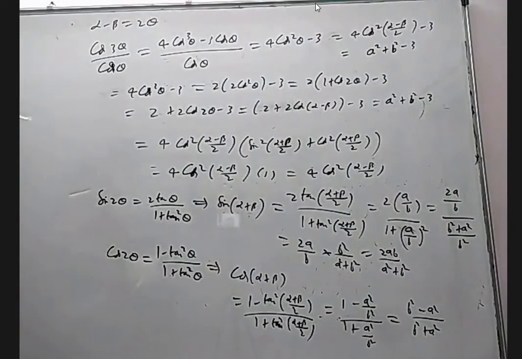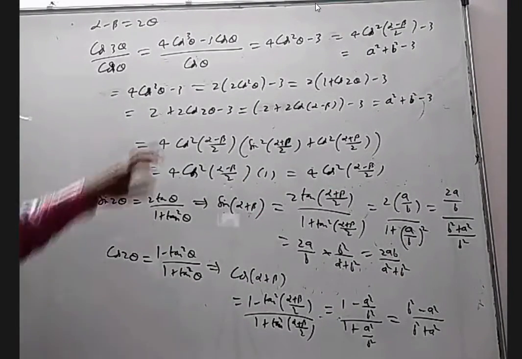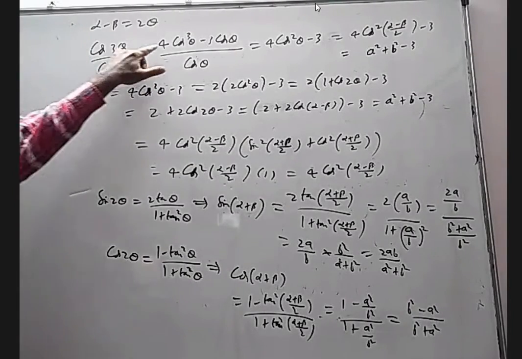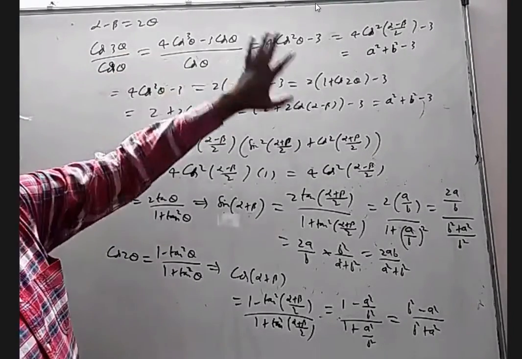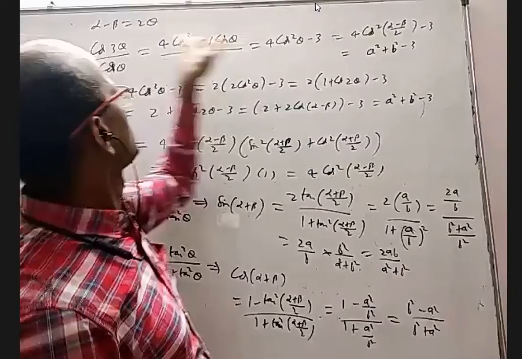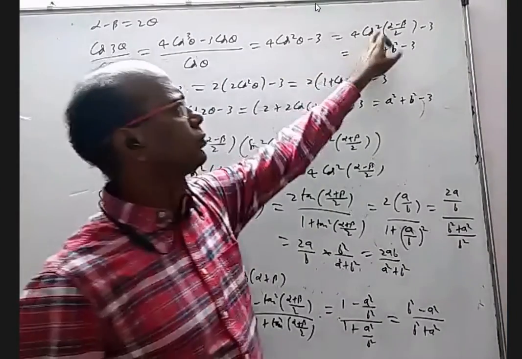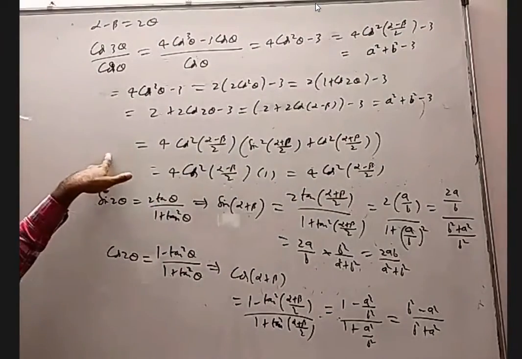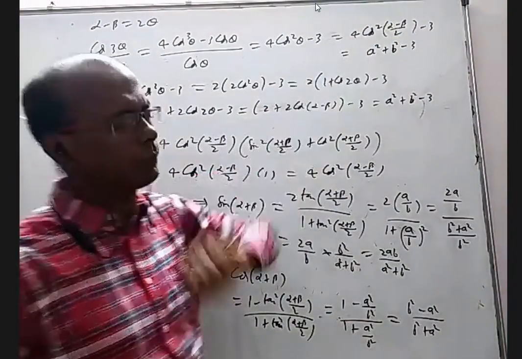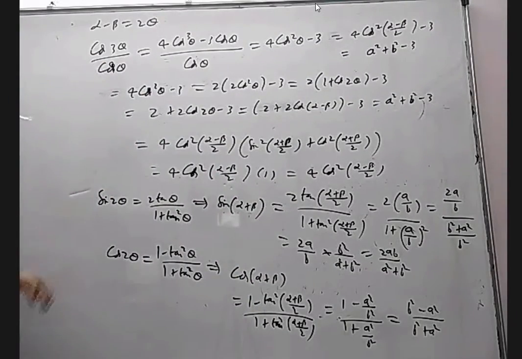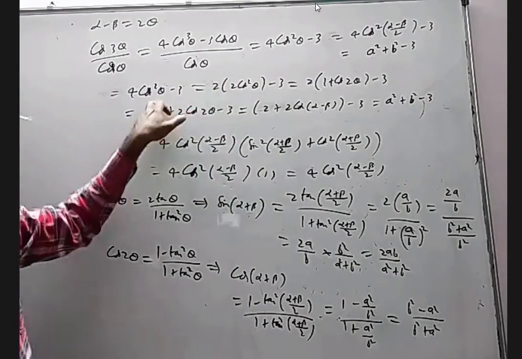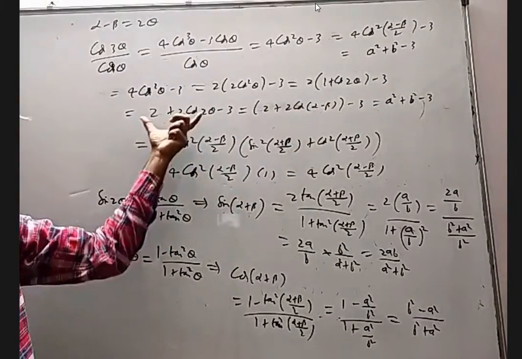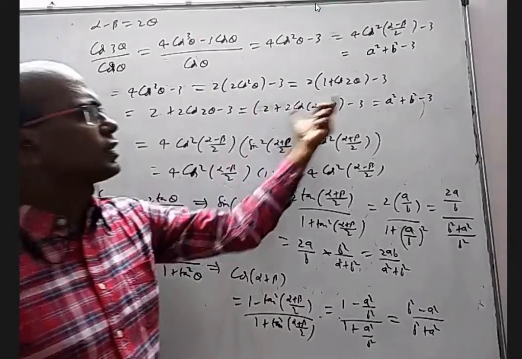So if somebody is doing by the second method, the 17th question is this: the cos 3 theta formula is applied, cos theta is common and cancelled. Directly theta is alpha minus beta by 2. And we directly know just now that 4 cos square of alpha minus beta by 2 is a square plus b square. So I just substituted from here to here. If you are doing the first method, this 4 cos square theta, you have to write as 2 cos square theta, that you have to write as 1 plus cos theta, taking 2 units. And as it is, this one is a square plus b square.